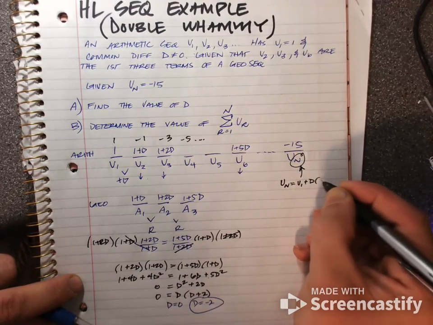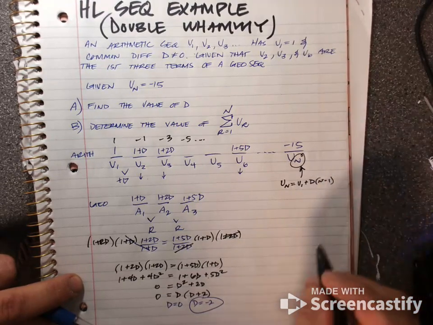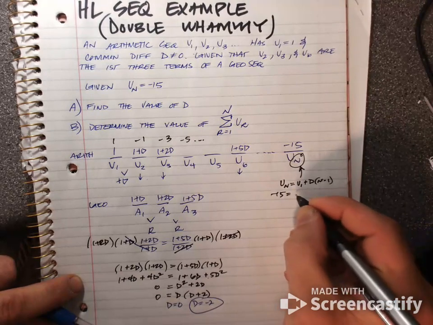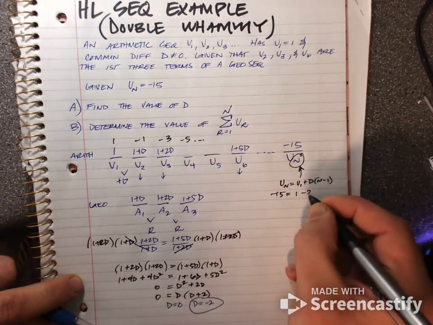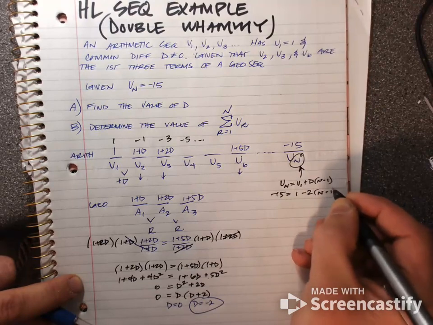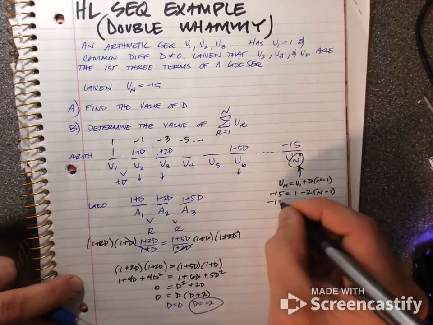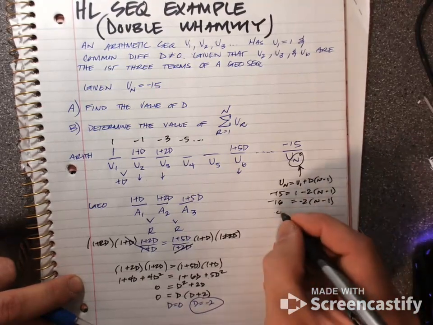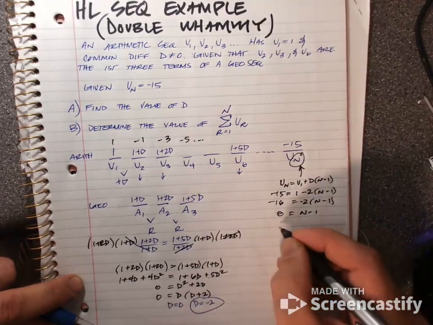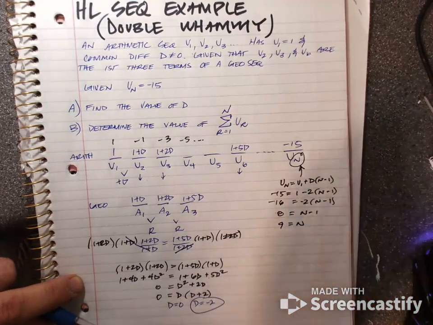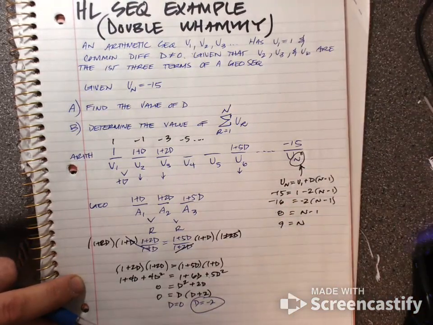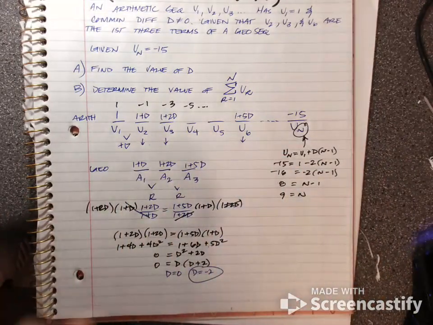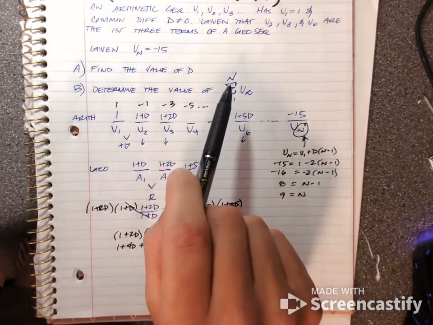The sequence equation, arithmetic sequences, goes as such. And so we'll plug our information in here. -15 equals 1 minus 2 and minus 1. Solve for n. -16 minus 1, 8 minus 1, and then 9. Okay, so it turns out this is the 9th value in the sequence, -15 is. You could have figured that out just by carrying on the pattern, but that's going to become important when we evaluate this